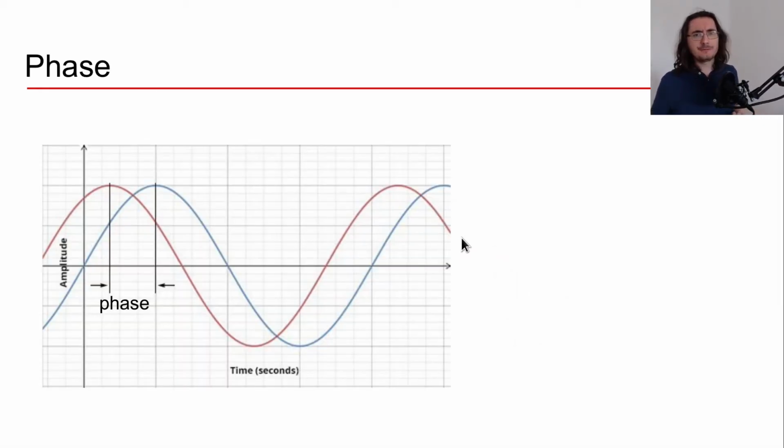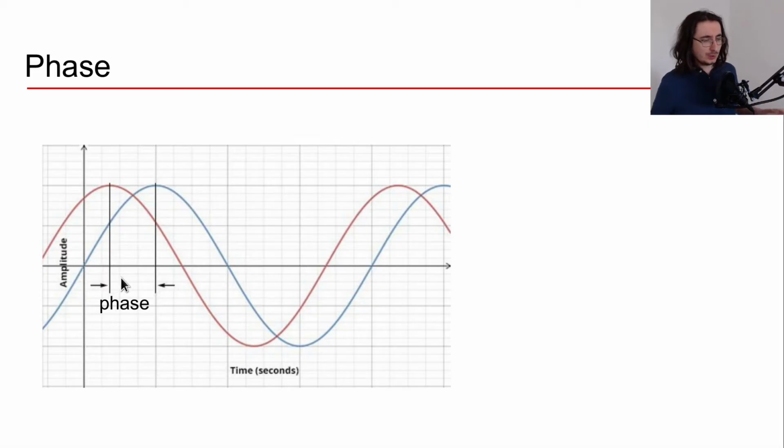Okay, then the final parameter that we were pondering was the phase, which is indicated with the phi letter from the Greek alphabet. Okay, so what phase tells us is basically that it enables us to shift the waveform to the right or to the left, and phase basically tells us what is the position of the waveform at time 0, right?